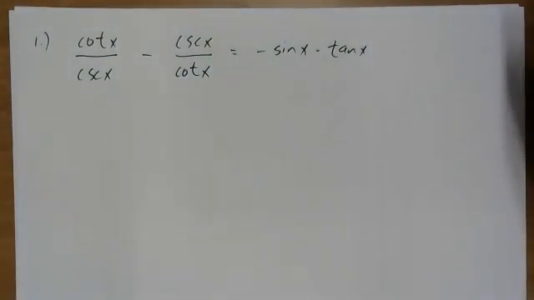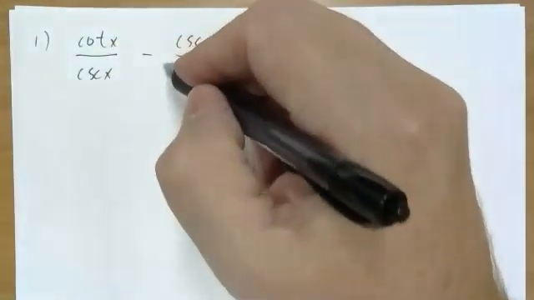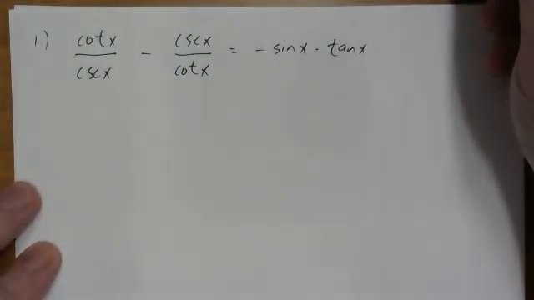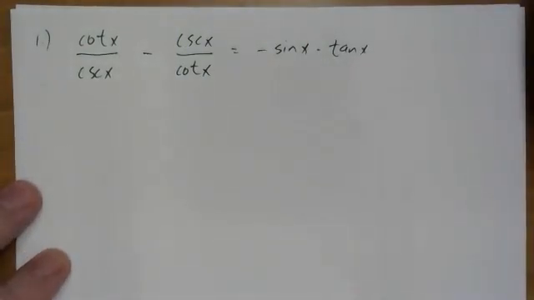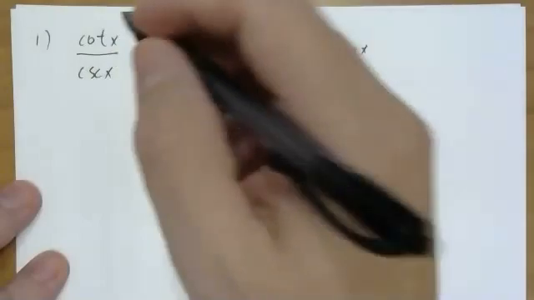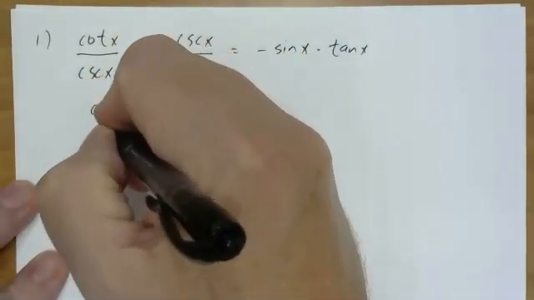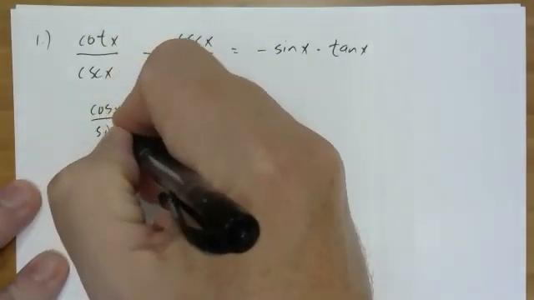What I almost always do, first thing, is whatever side I'm working on, convert all these to sine and cosine. Usually, at least for me, that allows me to make some progress. So cotangent is